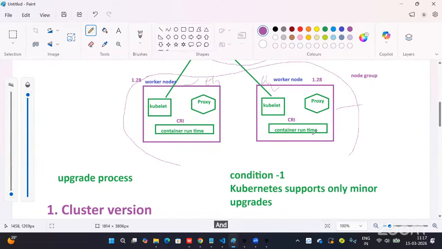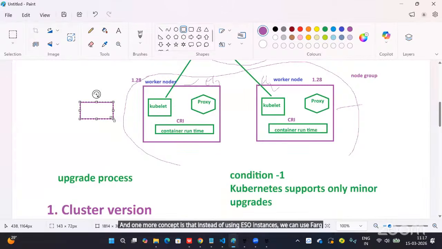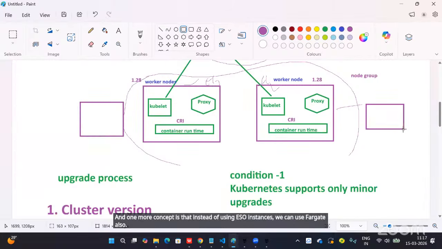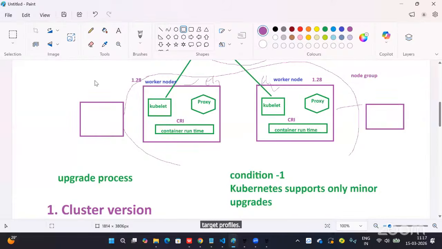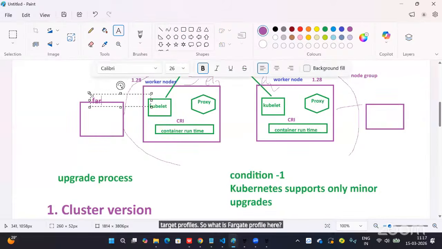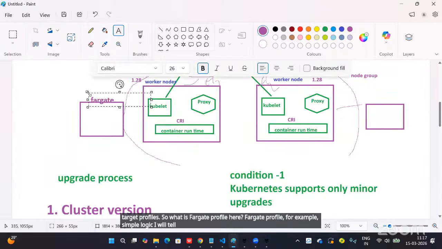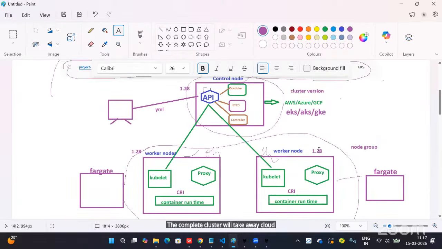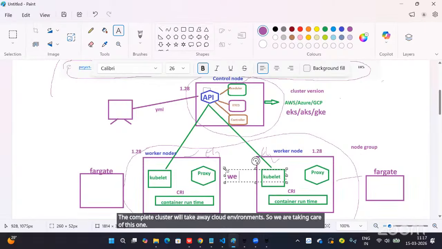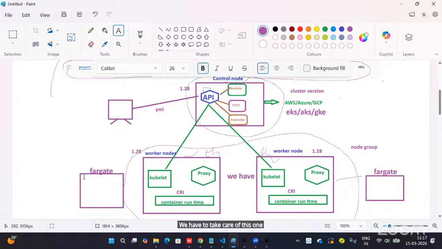And one more concept is there. Instead of using EC2 instances, we can use Fargate also. So what is a Fargate profile? Simple logic: if you use Fargate profiles, the complete cluster is taken care of by the cloud environment. Otherwise, we have to take care of the worker nodes ourselves.